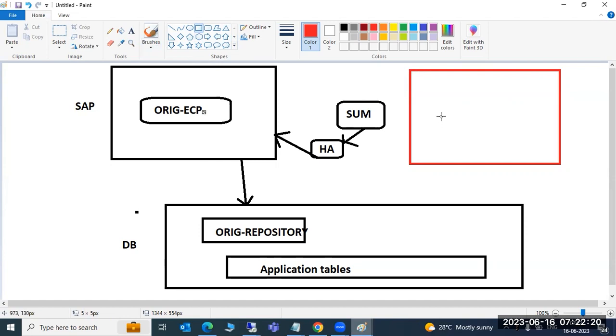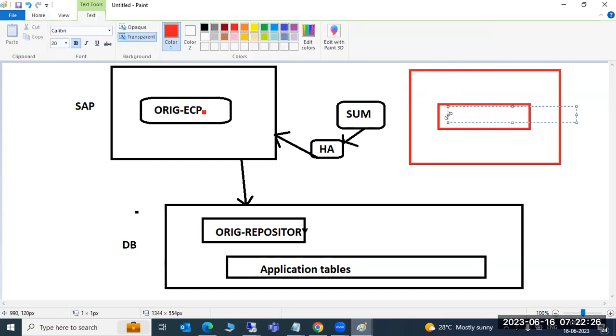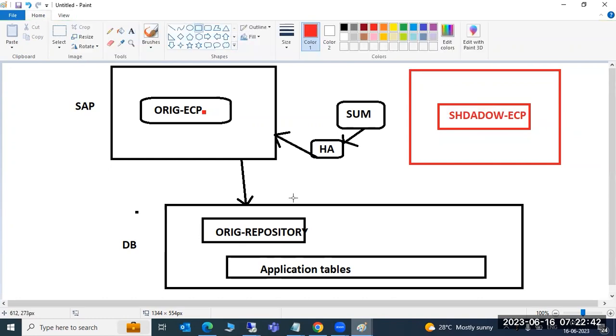Clearly listen here: in the shadow ECP will be created. The shadow file system will be prepared, the exe directory, the shadow instance created, then the shadow repository will be created